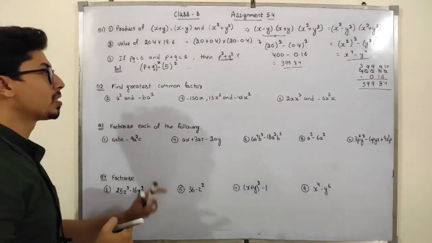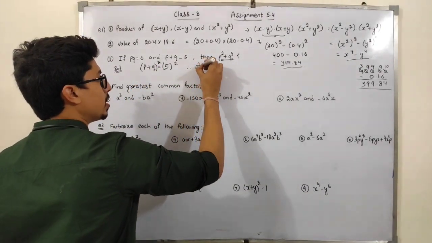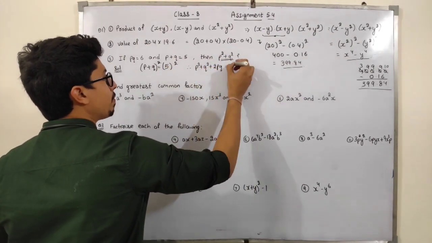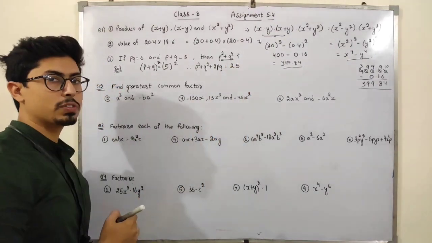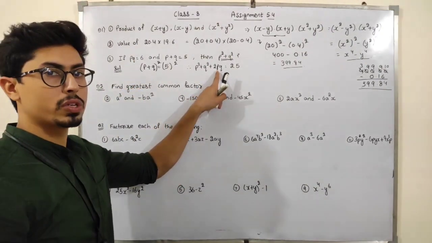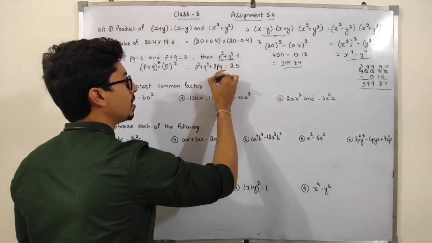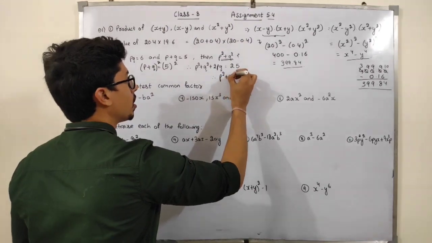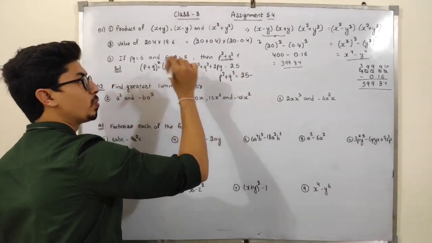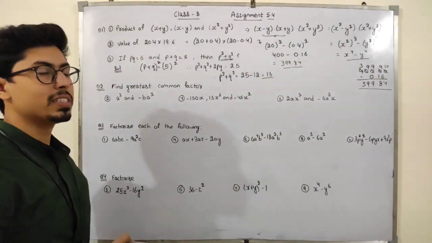Now what will happen, students? Now we can use the formula (a plus b) whole square. So (a plus b) whole square is a square plus b square plus 2ab. I can use this formula. And 5 square is 25. Students, PQ is 6. The value of PQ is 6. So 6 into 2 is 12. Now 12 and 25, so the right hand side will be subtracted. Therefore, P square plus Q square will be 25 minus double of PQ, that will be 12. So if I just subtract them, answer will be 13 now. So 13 is our required answer.